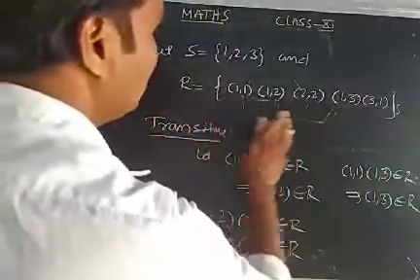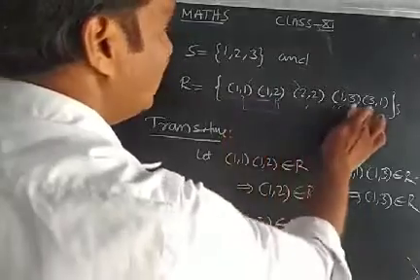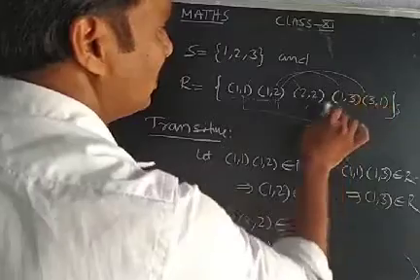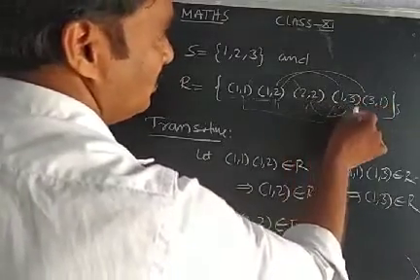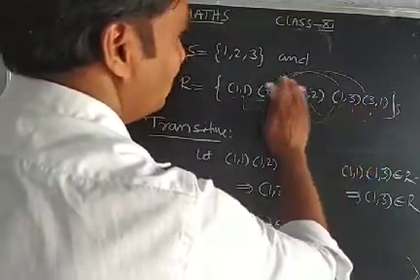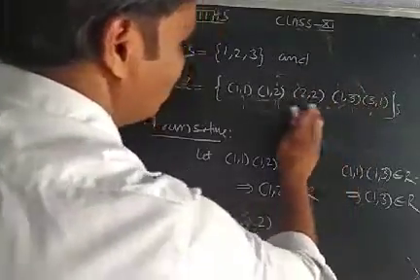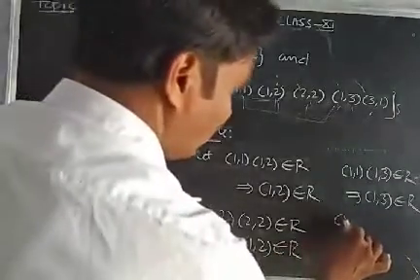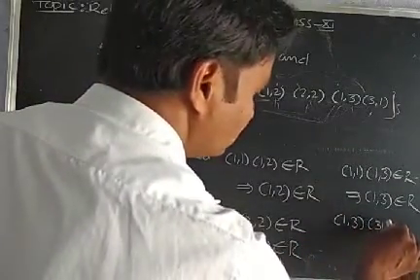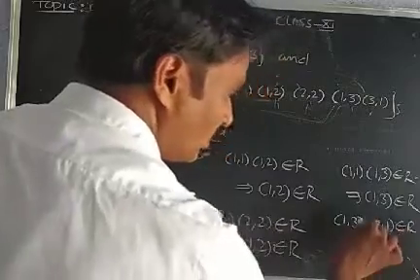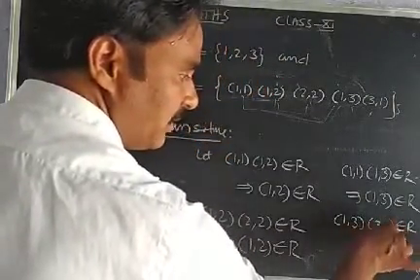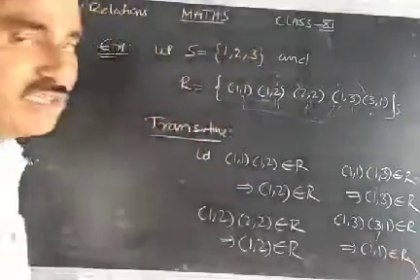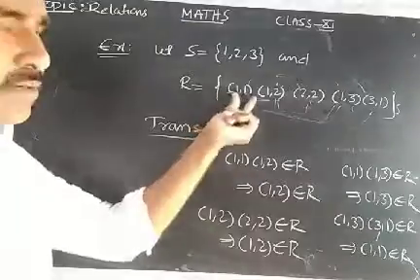Next, these ordered pairs are over. Next, this one, not possible. This one, not possible. This one, not possible. This and this, not possible. This and this, okay, possible. Now I will take 1 comma 3 and 3 comma 1, which belong to R. Now remove the second element of the first ordered pair and the first element of the second ordered pair. Construct the new ordered pair 1 comma 1. Does it belong to R? Yes, 1 comma 1 belongs to R.